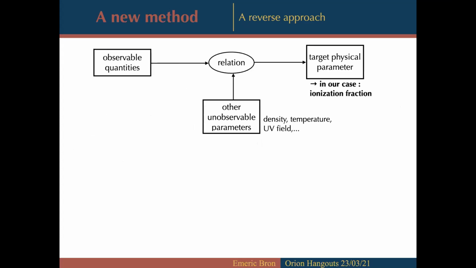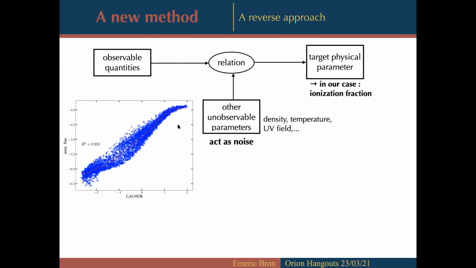So the idea for doing this is to say that we know that there must be a relationship between the observable quantities and the target physical parameter. But this relationship is affected by other unobservable parameters, for instance, the density, the gas temperature, the UV field, and so on. And so the idea is to treat the effect of those unobserved parameters as a source of noise, of uncertainties. And so in the relationship between any observable tracer and the ionization fraction, these unobserved parameters will cause some scatter in the relationship, and we will try to find the observational tracers for which this scatter is